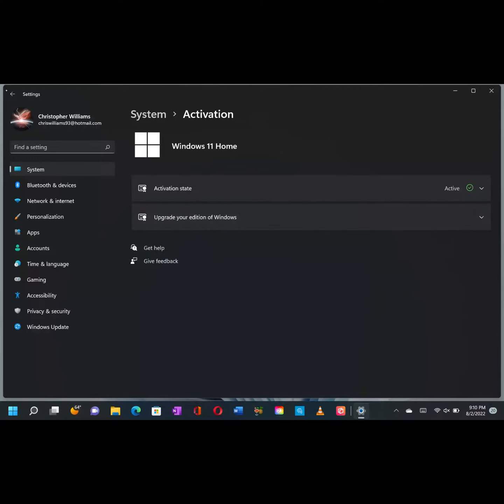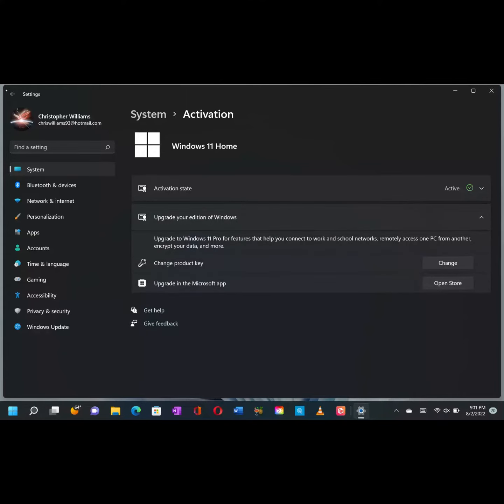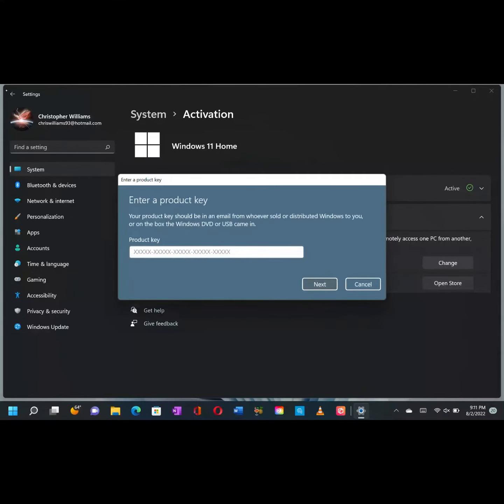Now I've already done it because I'm already on Windows 11 Home, but on your device it'll say Windows 11 Home S mode. So if you upgrade it, you simply tap on that and it'll ask you two different things: change product key or upgrade your Microsoft app. If you're changing the product key, you simply hit change, and then it brings you to the product key, so assuming that you have a product key that you want to change it to, or you hit cancel